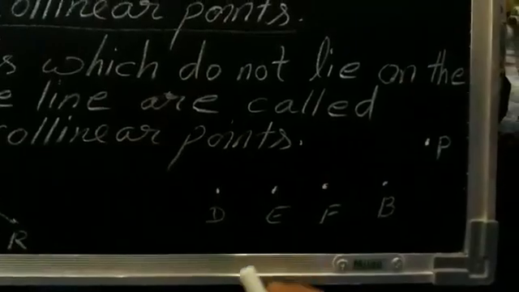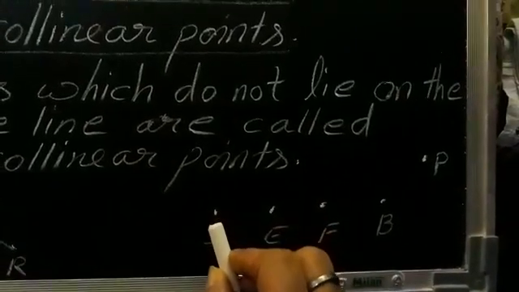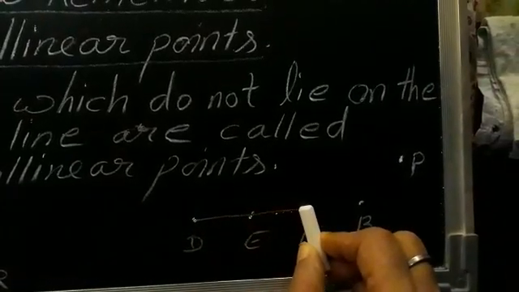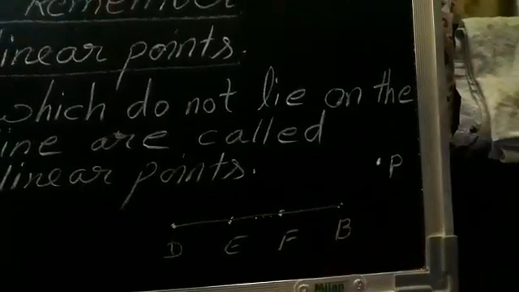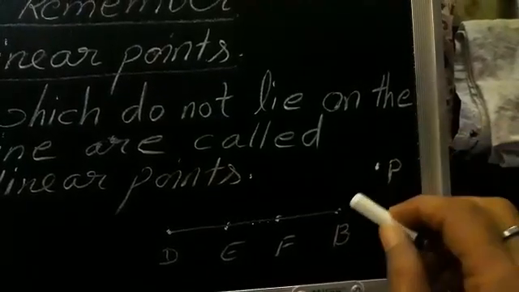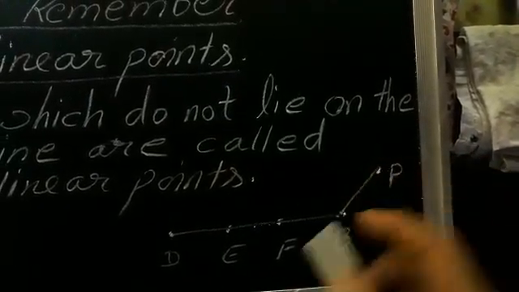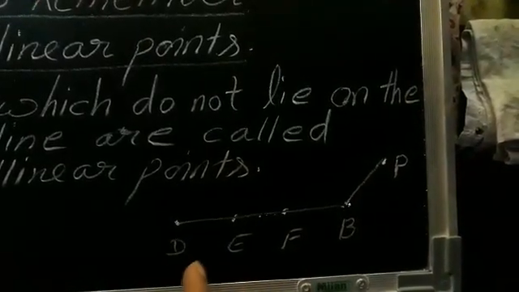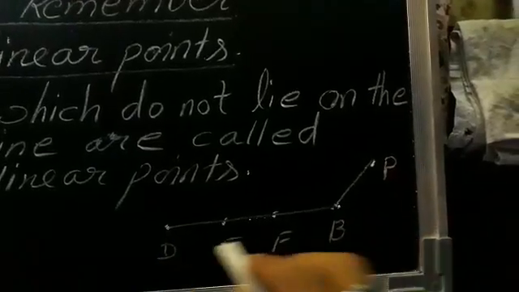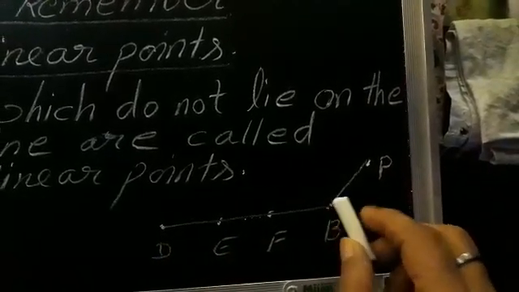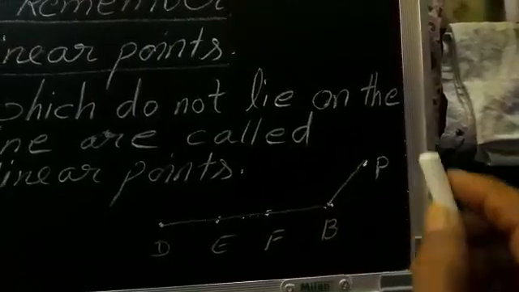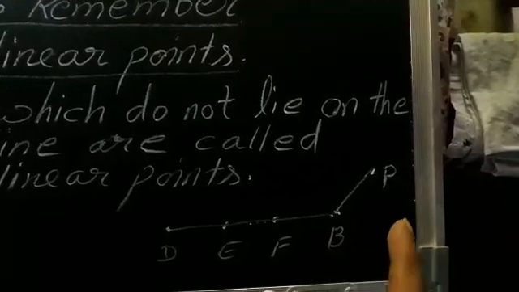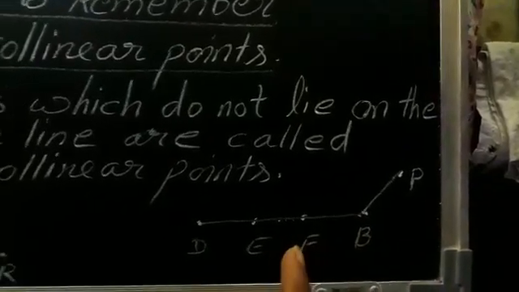Same way here, one more example. See, I'm coming straight now. From here I'm starting the line like this, straight. See, I went till here. Now see, one point is on which side? This side. So is this collinear? No, it is non-collinear points, because after a certain point the line is changing direction. The point is going the other side. It is not coming in a straight line. Okay? That is why it is known as non-collinear points.